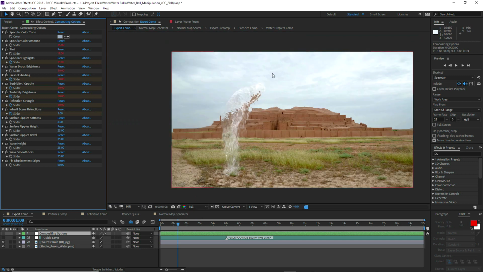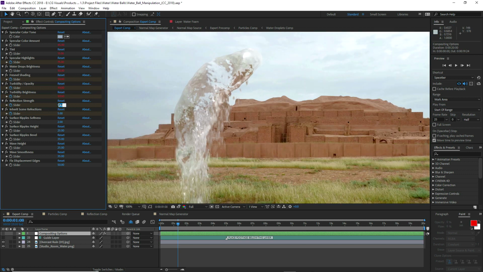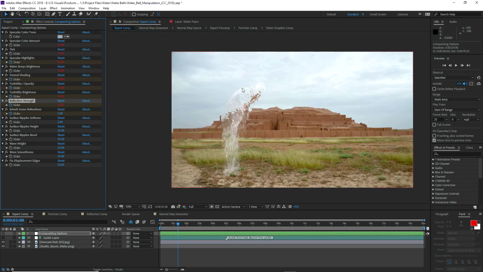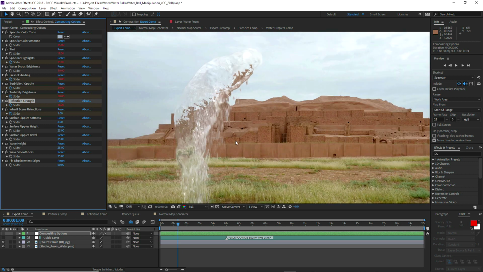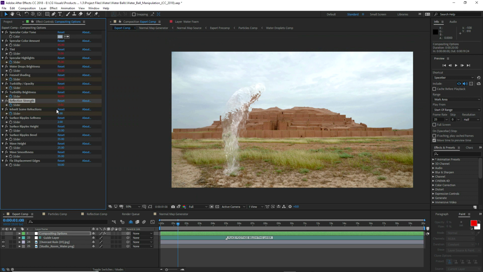Typically it will take what's happening up here in the image and apply it down here. So we should see the image become a bit brighter, and it's also reflecting the dirt up there. I normally keep the reflection strength quite low, normally about 15 to 25, unless I really want to see what's reflected. If we have quite a dark background, not really necessary in this case because it's quite a bright scene, but